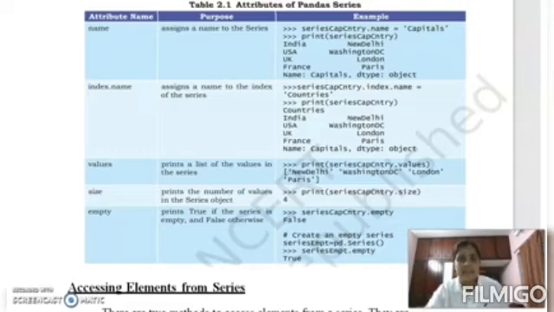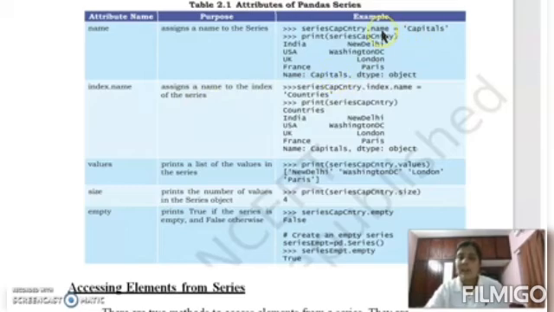Then this SL number is the name of the index, because the index is 1, 2, 3. The column name is the name of the index. Like that here also we can give a name to an index. If it is roll number, we can give it as roll number. It assigns a name to the index of the Series.